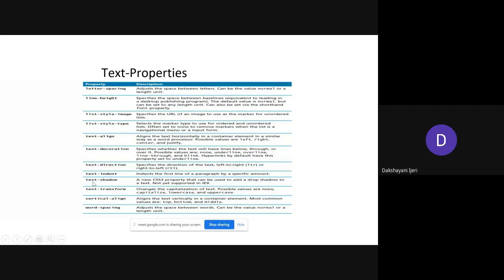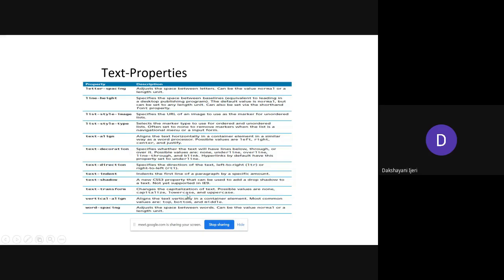Okay, so I'll show you it in an example only. So text transform is the property that can be used to change the capitalization of the text. The possible values for this property are capitalize, where you specify that the first letter of each word appears in capital, lowercase, to specify that all the text under this property has to come in lowercase letters, and uppercase, which makes all the letters appear in uppercase.